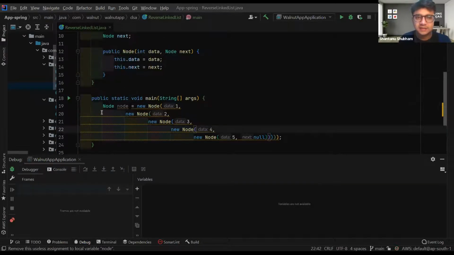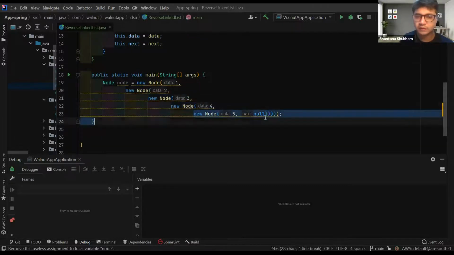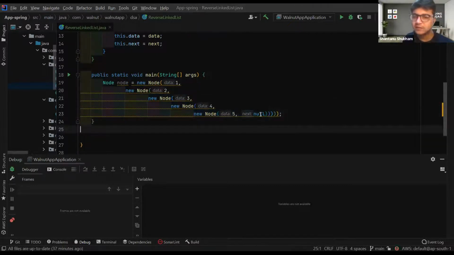So in this case, this gray color node that you're seeing here is the linked list, and it is containing one node, which is connected to the second node, which is then connected to the third node, which is then connected to the fourth node, and which is then connected to the fifth node. So the fifth node's next is null, which basically means that it is the last node and it is